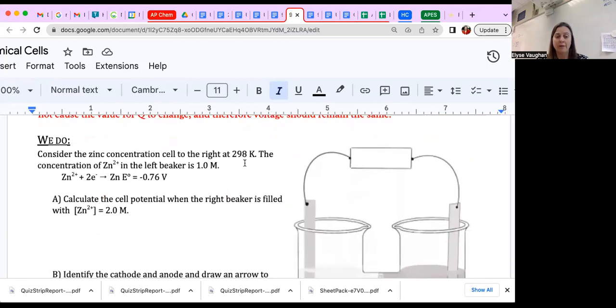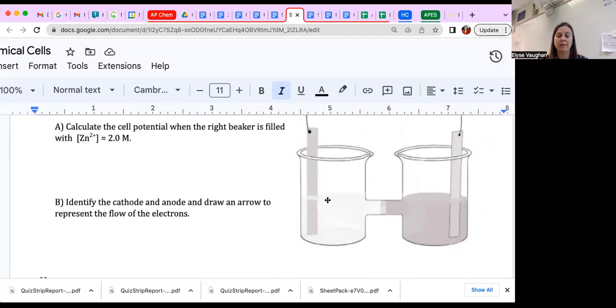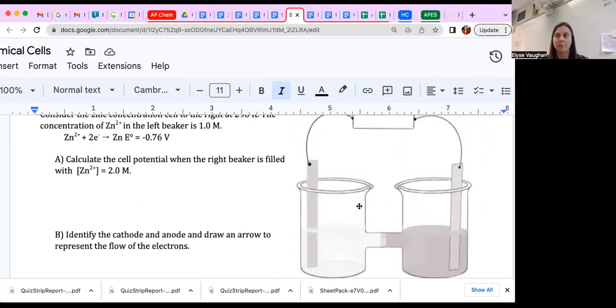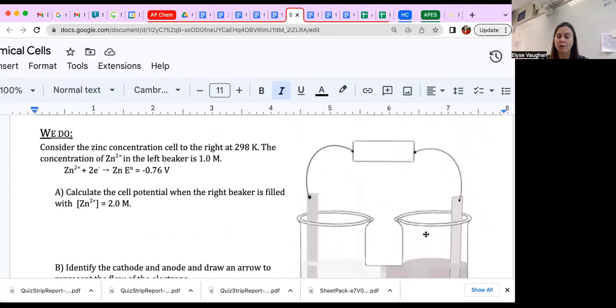Okay, so here we have a concentration cell. And what that means is that we have the same reaction happening in both beakers. In one, it's going forward, and in the other, it's going backward. So we have zinc being reduced in one beaker and oxidized in the other. And it's asking us to calculate the cell potential when the right beaker is filled with zinc at a concentration